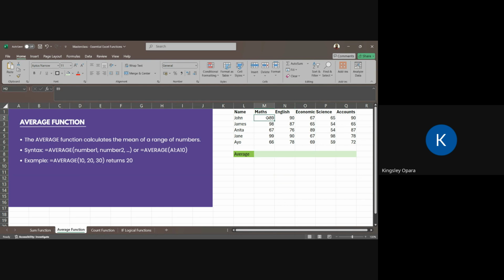If you sum up all these numbers, we have 5 numbers here: 1, 2, 3, 4, 5. So the sum of all these numbers divided by 5 is what we know as the average or the mean. And what do you use average to do? Average simply tells you the midpoint of a set of numbers. So you want to know on average what is the average score of this class in terms of mathematics. Then you do equals to average.